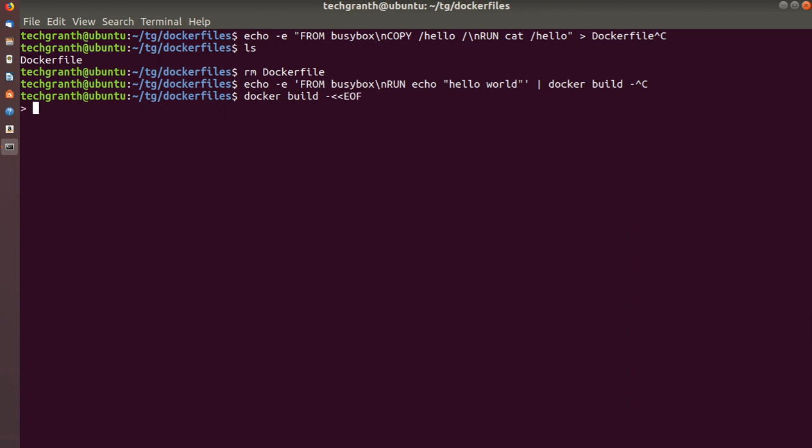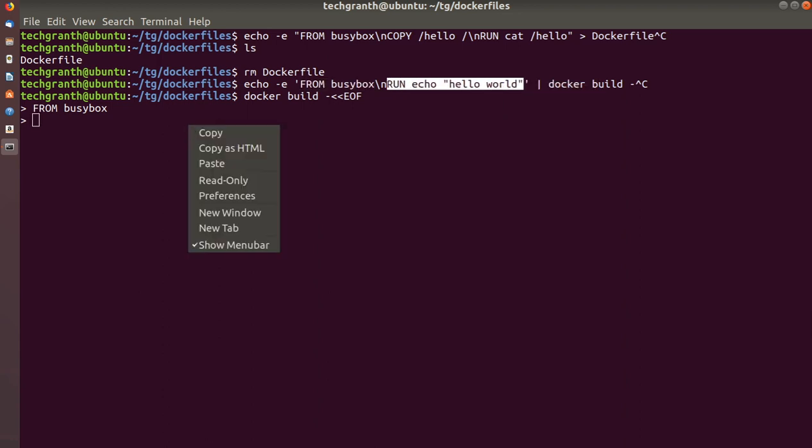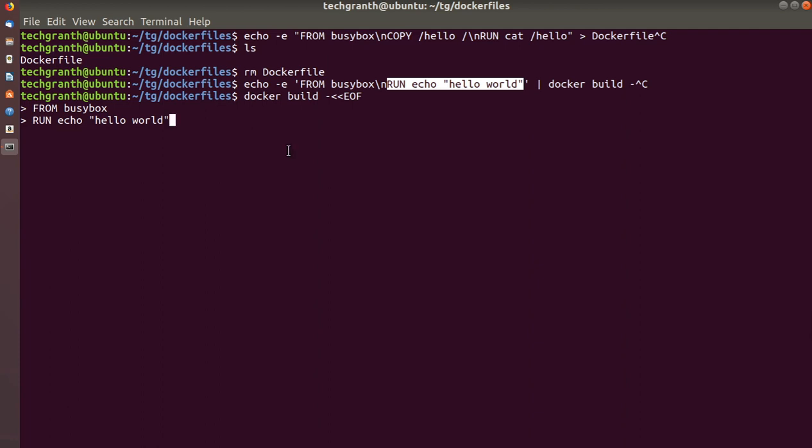Press enter, and then the same which we write in our Dockerfile. FROM busybox, copy and paste here, then enter, then RUN echo hello world, copy and paste. These two things we'll use in our Dockerfile as well. Then press enter and again EOF.